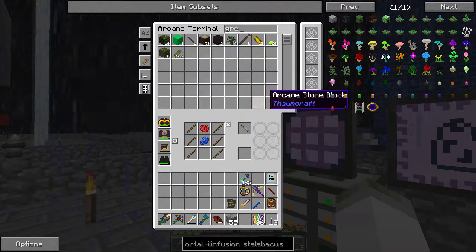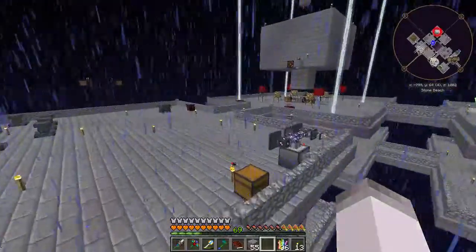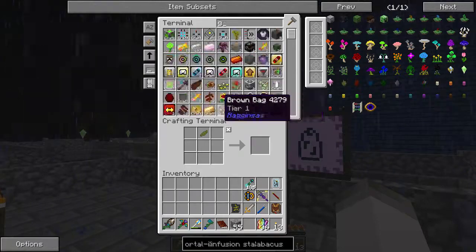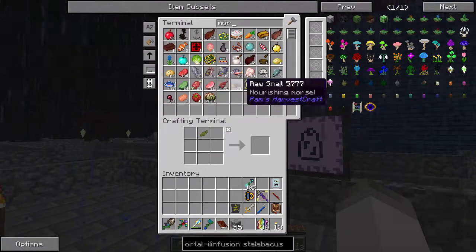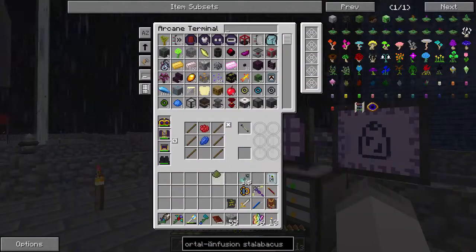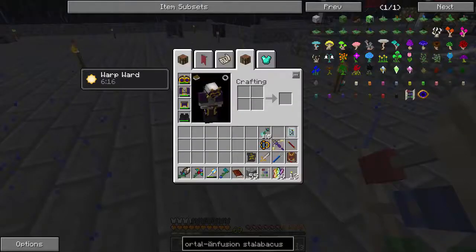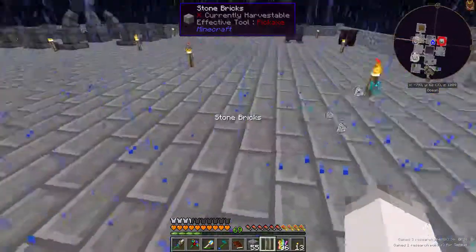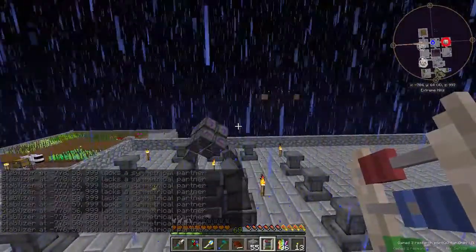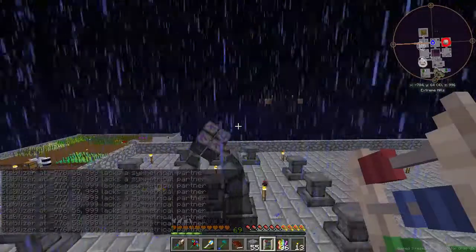So we just need green dye. So we take this and our mortar and pestle, pestle and mortar, I guess, other way around, and there we go, arcane abacus. We can throw this on the ground, scan it, and supposedly we should be able to click this. Oh, wow. Stabilizer at...